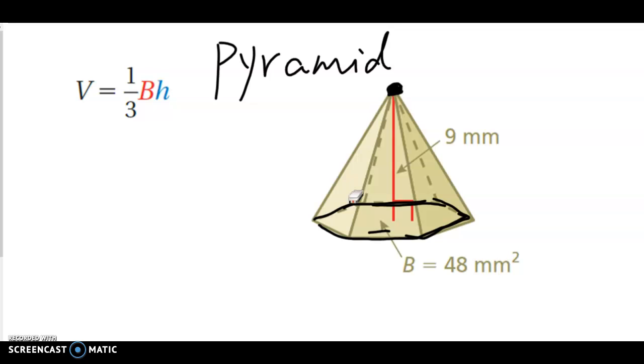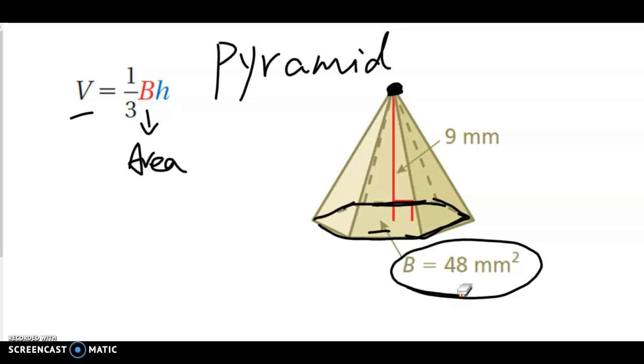For the formula of the pyramid, V represents the volume, equal to 1/3 times the base area, times the height. Okay, so for this question, we've been told the base area is 48 millimeters and the